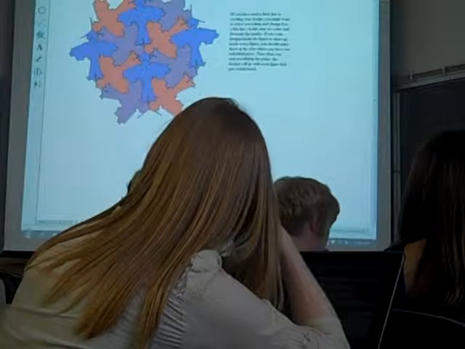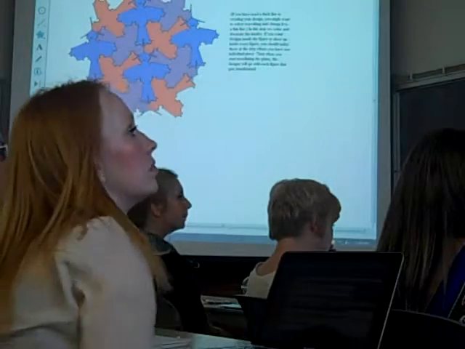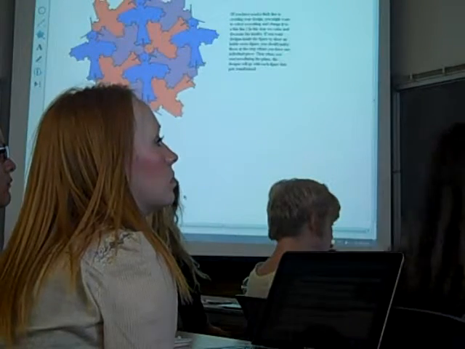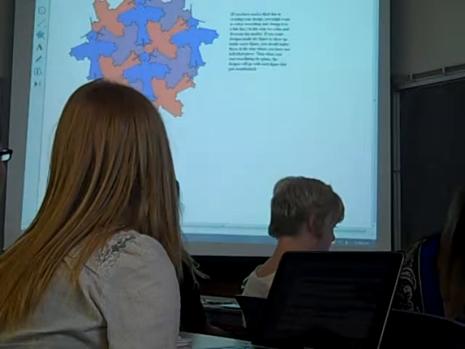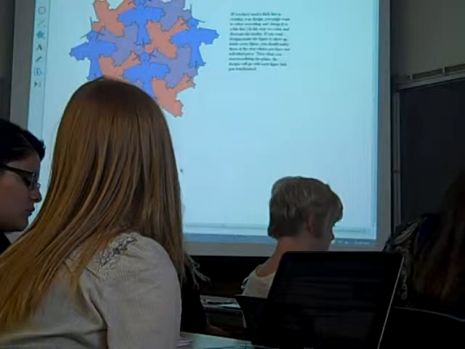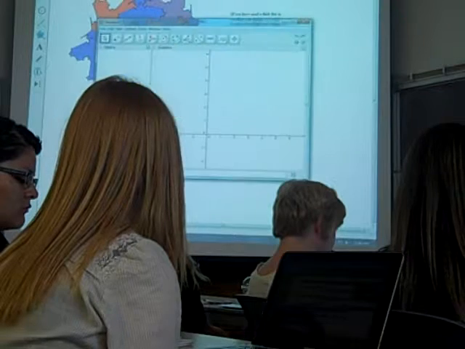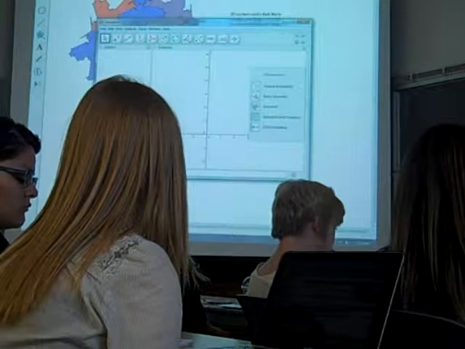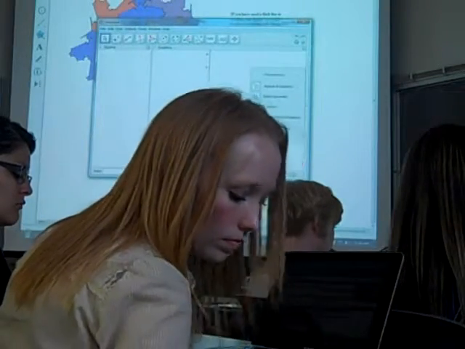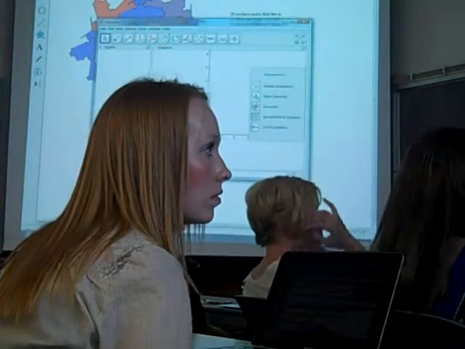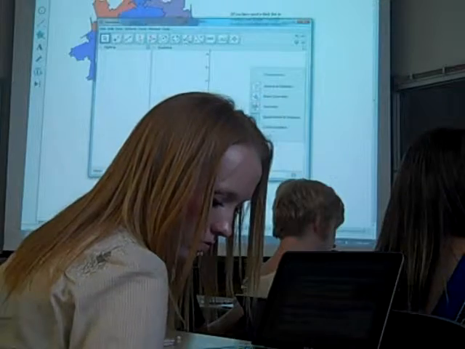With GeoGebra, they don't have tabs because it's a different program. So what are you going to do? You're going to call up GeoGebra, and you will do the very same thing, except instead of creating tabs, by the way, those of you using Geometry Sketchpad, if you create a new tab and duplicate the previous page, it will bring everything to that next tab, and then you just have to make the change to it.